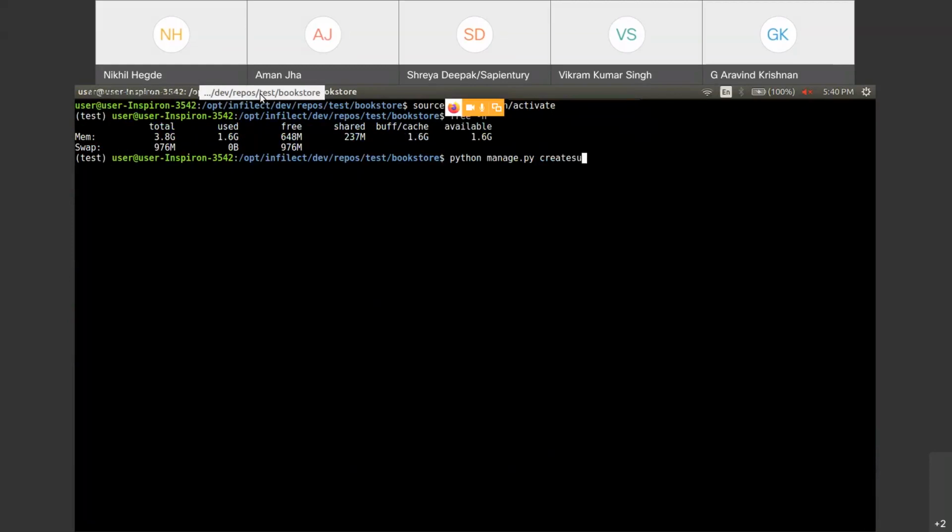create a superuser. That means you are creating a user from the command line. Username, leave blank to use the default. Okay, I will give some username: admin user. Email address is optional, so I will not give anything. And password, here you should give a password.